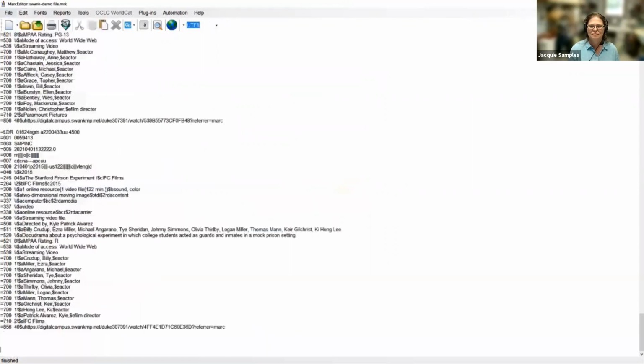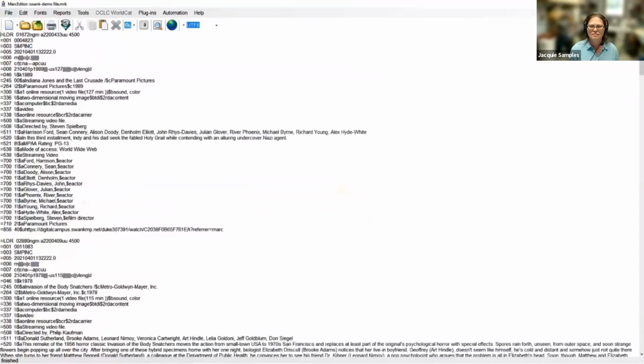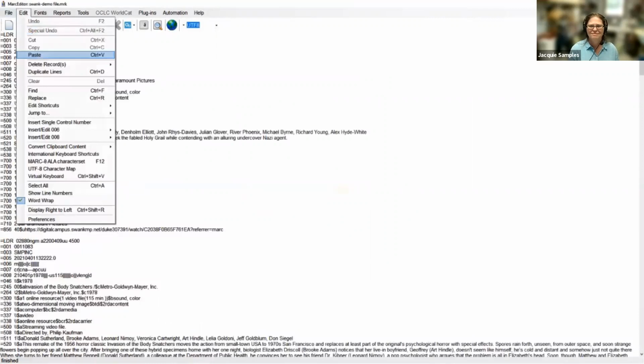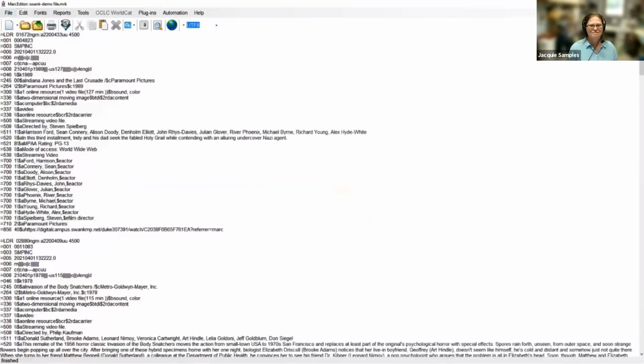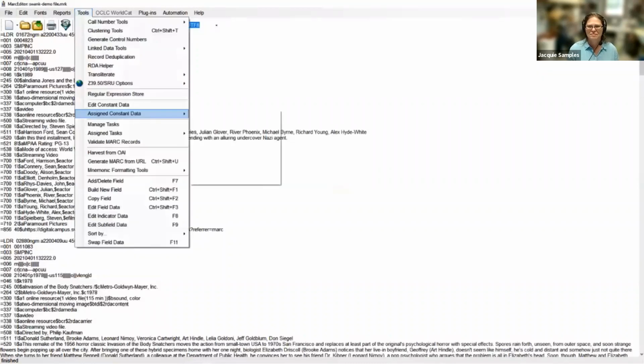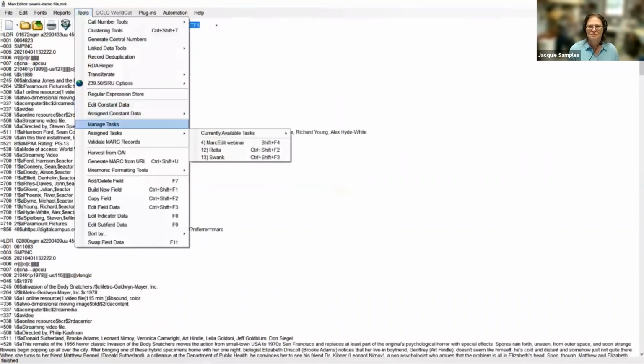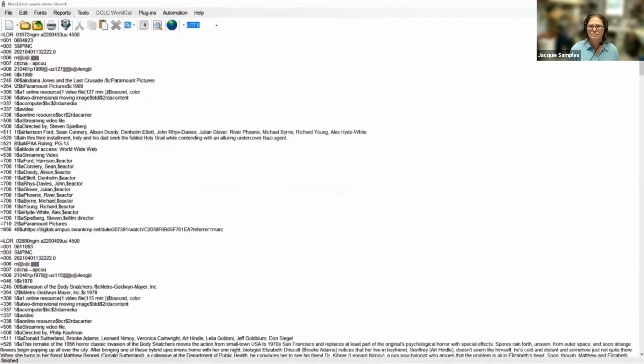And then it pops the edit task back. That special undo isn't always available in MarcEdit. You have to have run a task to be able to use that, but it's really important, a real good tool to have at your disposal.